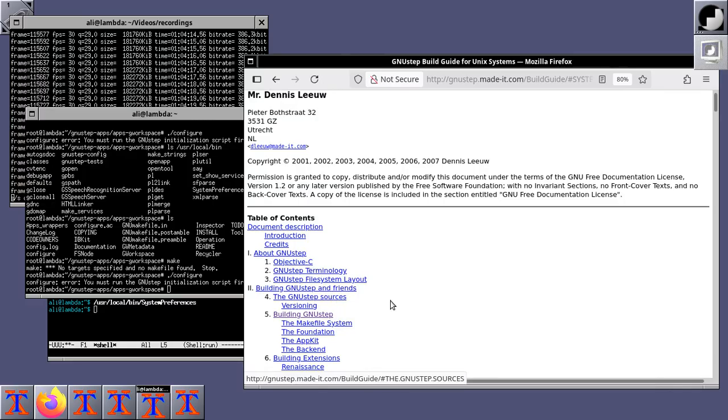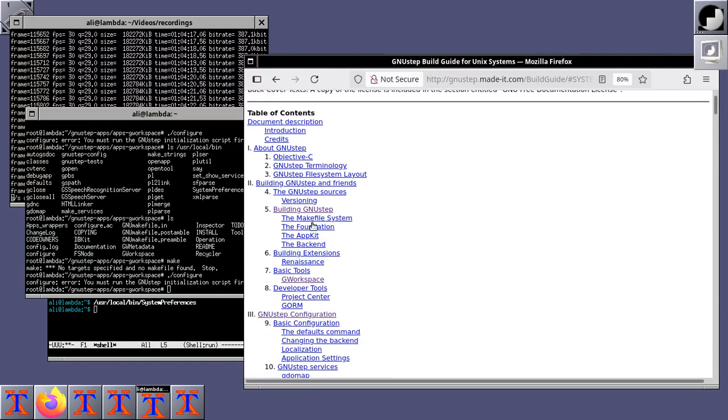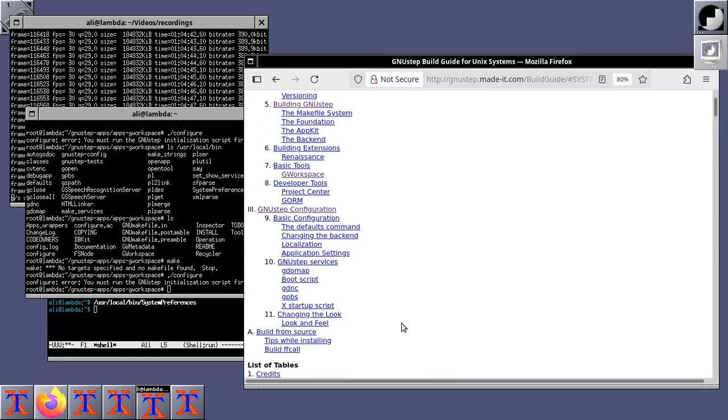Credits, Objective-C, GNUstep and friends. Okay, we build the makefile system, the foundation, the AppKit. Right, we did make, we did base, we did, what is it? What's it called? We did GUI and then core, base, and base. Then we didn't build any extensions. So